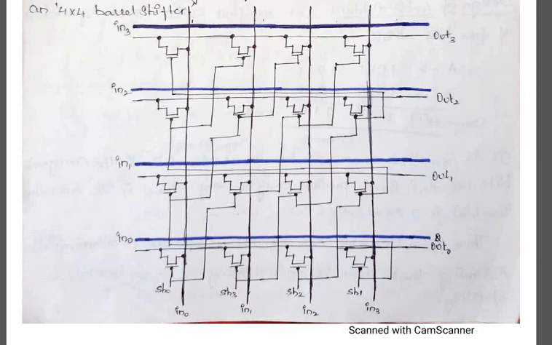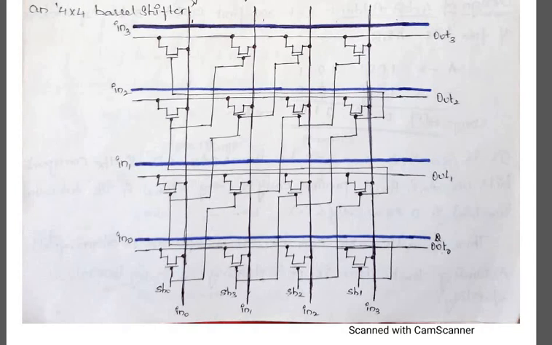So this was about your barrel shifter. First I told you about what a shifter is, meaning how you shift to the right or left position. These are mainly used for arithmetic operations, which is equivalent to multiplying by powers of 2. A simpler shifter is a shift register, which shifts the data from one position to the other for a particular clock cycle. Then we saw the first one, the 4x4 crossbar switch, which has high complexity, and if all the circuits are on at a time, they will cause a short circuit. So to avoid that, we go for the barrel shifter.